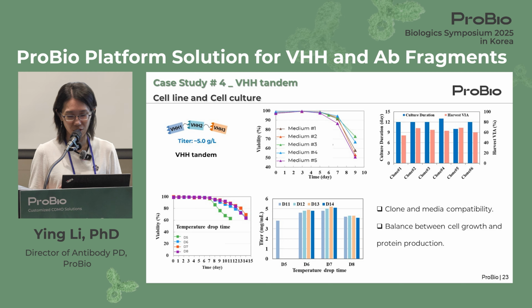we first determine the optimal temperature, and shifting the temperature at different days also has some impact on the viability. We cannot do it too early, but if we do it too late, it may impact our titer of expression. So this is basically a balance between cell growth and protein production. At the end of the day, we selected the optimal temperature shift day at day 7 with the optimal downshift